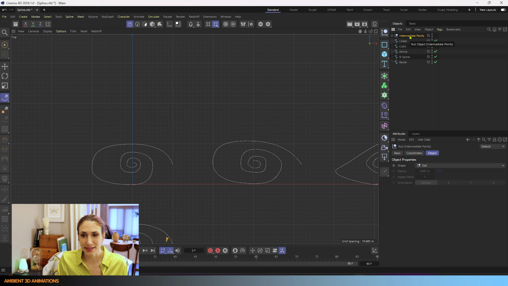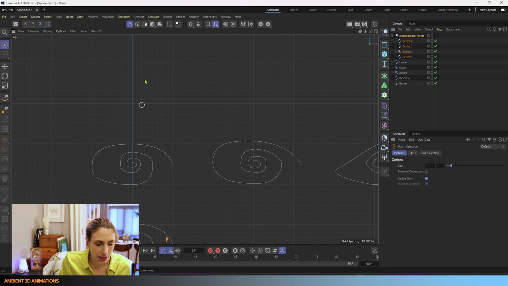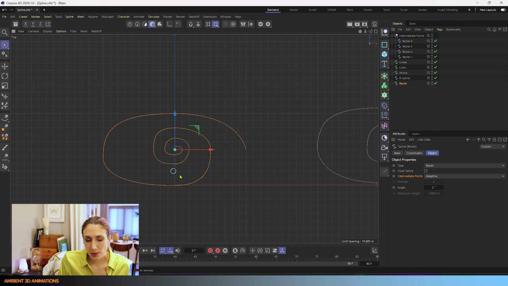Our next option is actually intermediate points. So I've grouped all of these within a null here. I'll go into model mode up here and click on here to grab the spline. You'll notice that the spline is an adaptive.